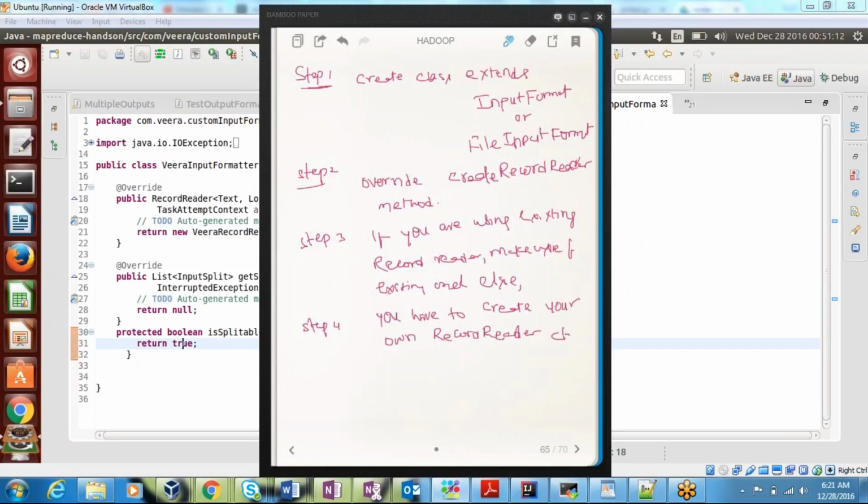Record reader. Class, you have to override your own record reader class. So you know what methods are there in the record reader class. In the record reader you have an initialize method,